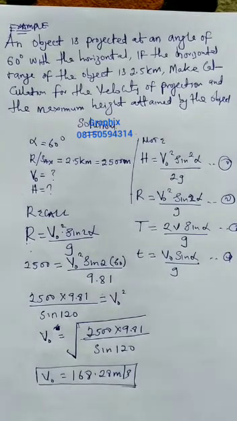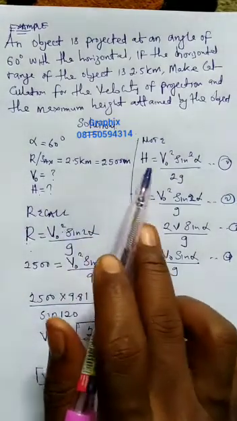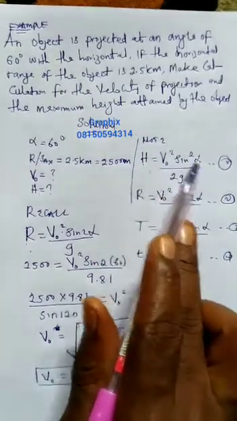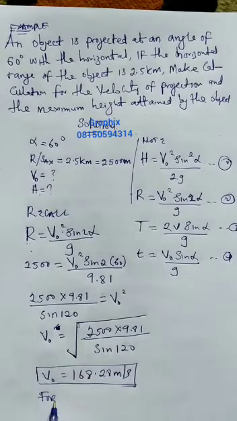Are we good? Also, you should look for the maximum height. You look for what has maximum height. So this guy here has height, it has velocity, and it has the angle. So I'll use this first equation. So for maximum height,